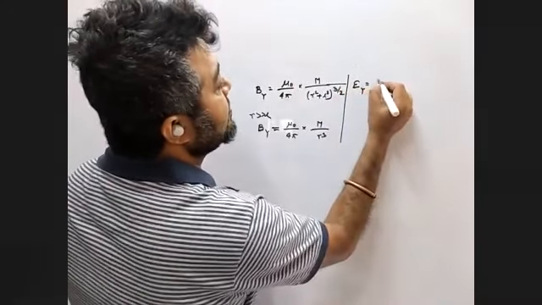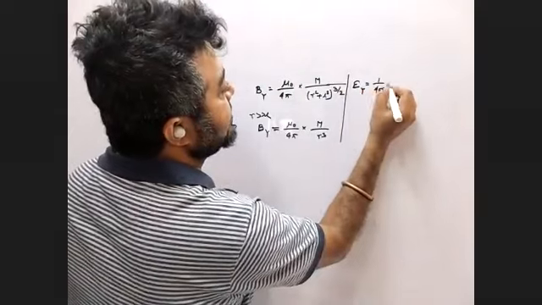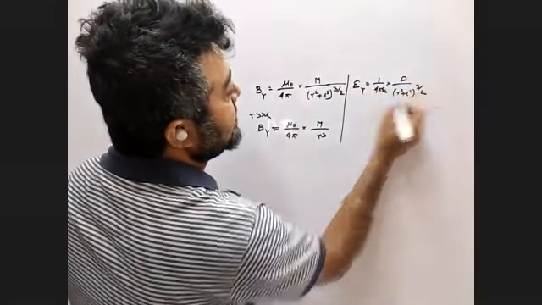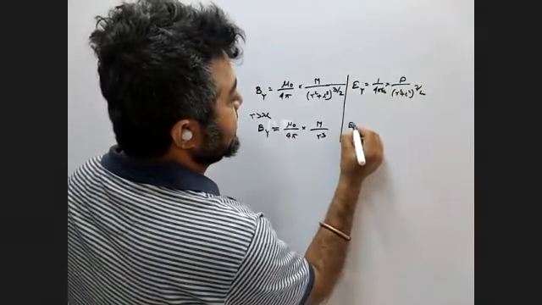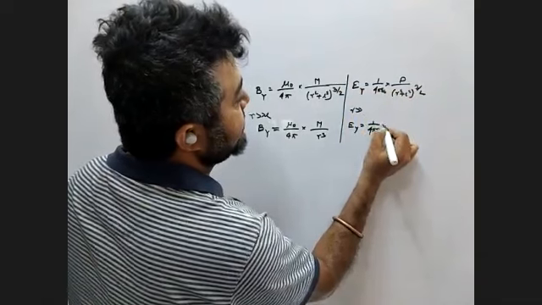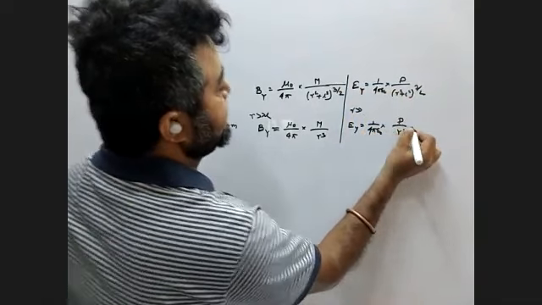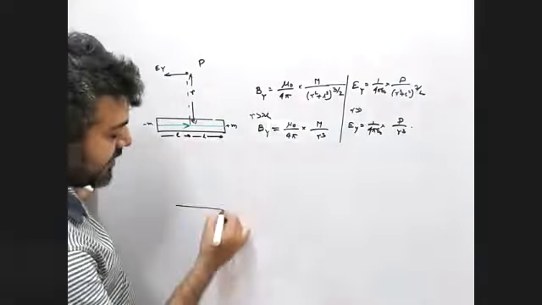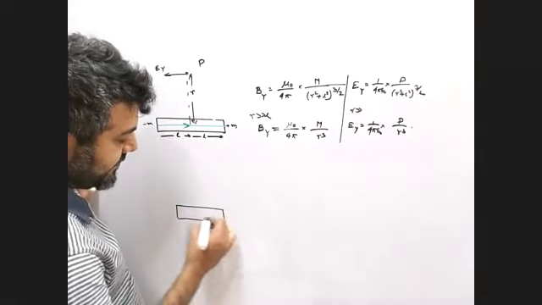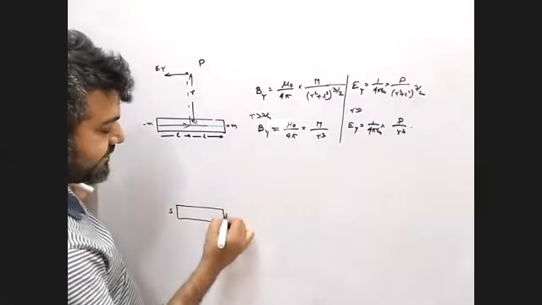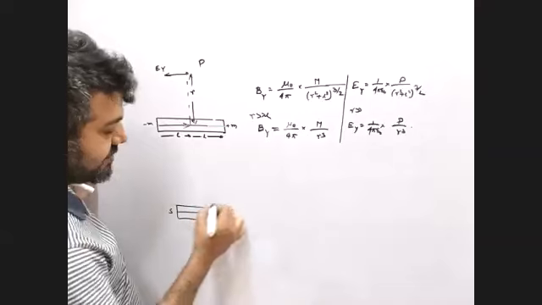Ey is also 1 by 4 pi epsilon naught P by R square plus L square to the power 3/2, and Ey if R is greater than L, 1 by 4 pi epsilon naught P by R cube. Apart from that, opposite direction, same. If we use it at any position,